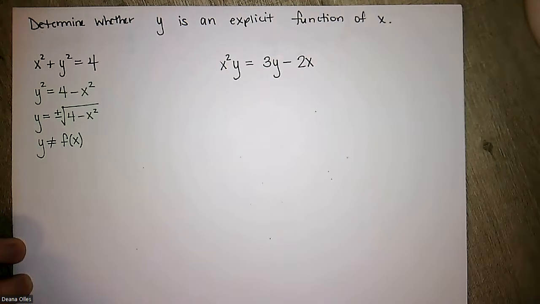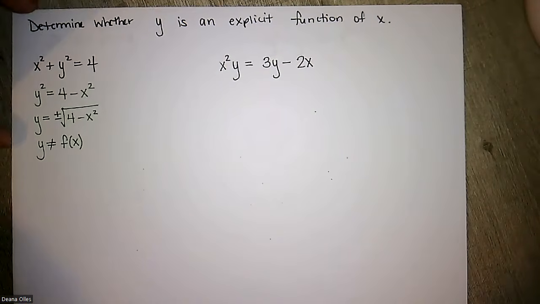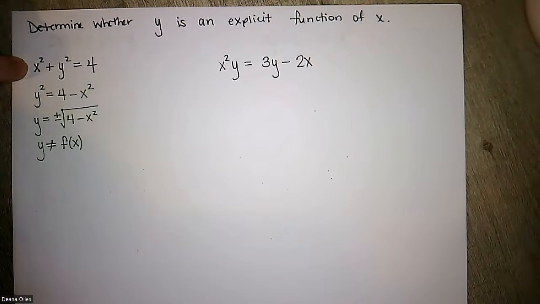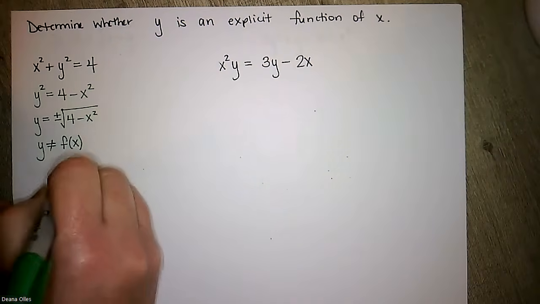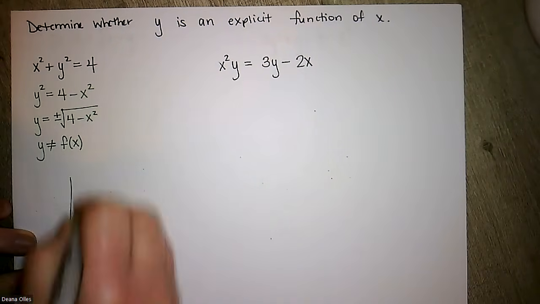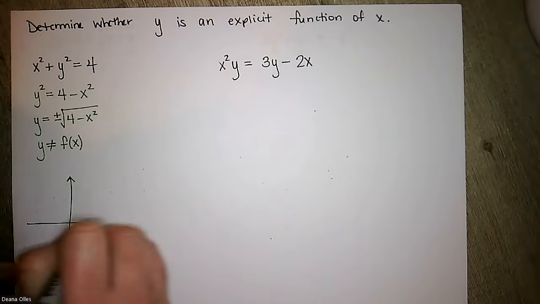I'm just going to go ahead and say that. But then I want you to think about y. What's going on here? What is this? Well, this is the circle with center at the origin and a radius of 2, because when we square 2, we get 4. So when I look at that, I realize that, hey, any circle is going to fail the